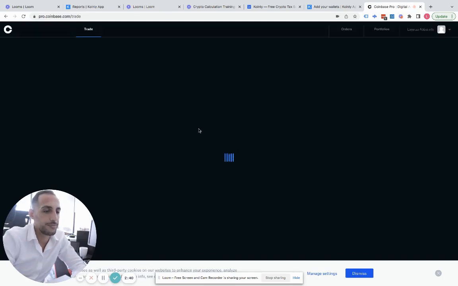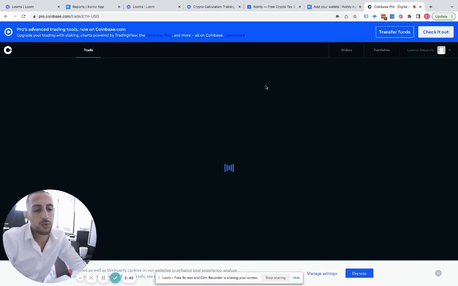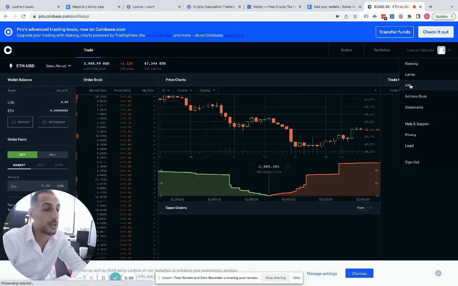It should automatically log me in since I was just there. For the most part, every single exchange is going to have an icon of some sort in the top right. When you click on that icon, there is going to be a button that says API management. As we see here, it just says API. So if we click on API,